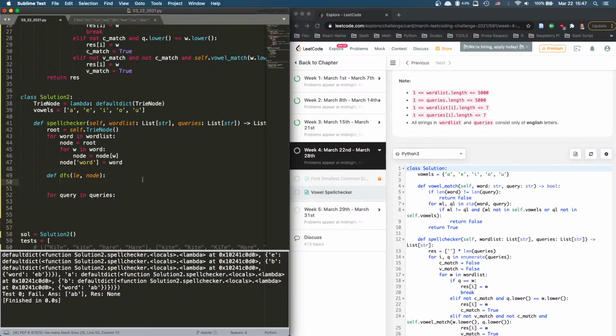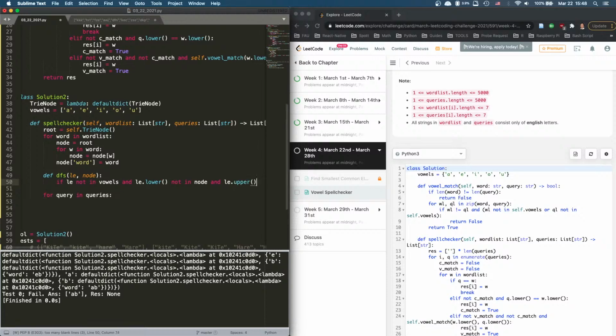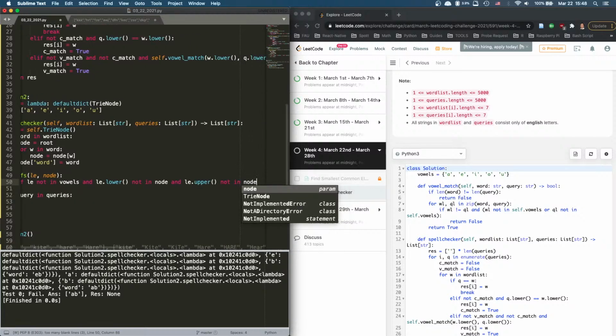So the easy case is if the letter is not in vowels, which means it's a consonant, and letter lower not in node, and letter upper not in node. So that means